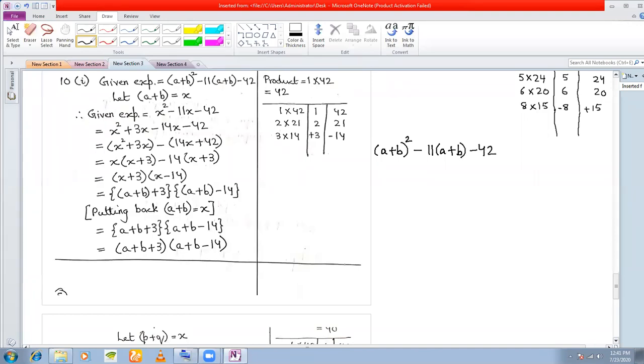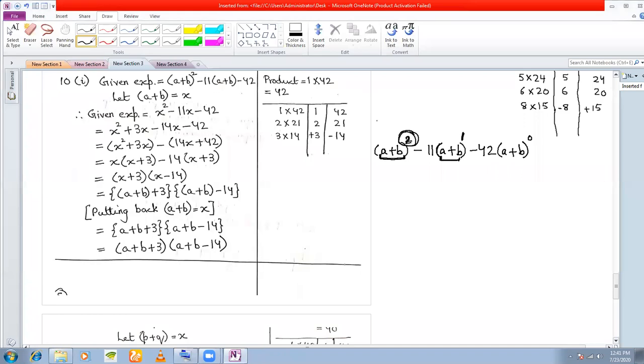Now you see, instead of a variable, the descending powers of a variable, this time you have a descending power of an expression. You see, a plus b is an expression, okay, and you have power 2. Again, a plus b is the same expression, you have a power 1, and you have a hidden power of a plus b to the power of 0. I hope you understood this, right? Instead of a variable, you have an expression which is raised to the power 2. Same expression in fact, this time in this term it is raised to the power of 1, and here in this term it is raised to the power of 0.